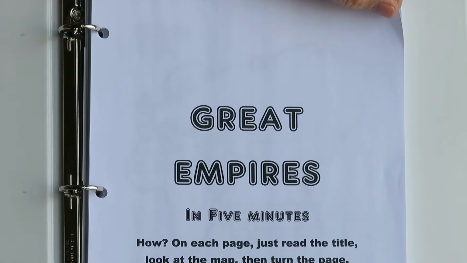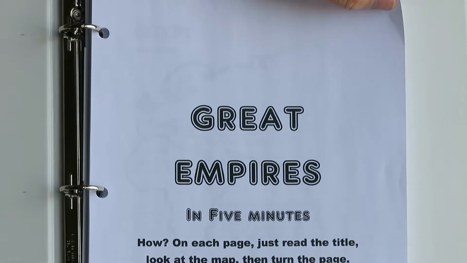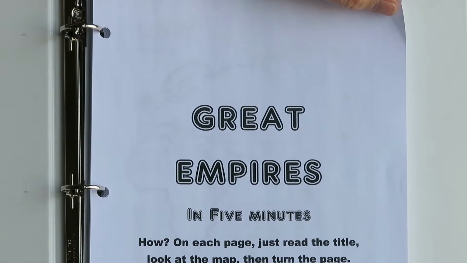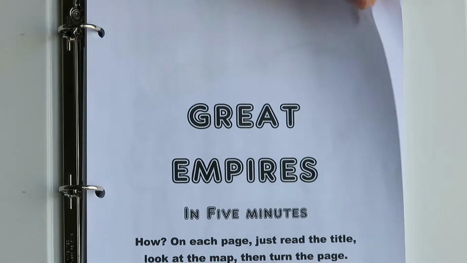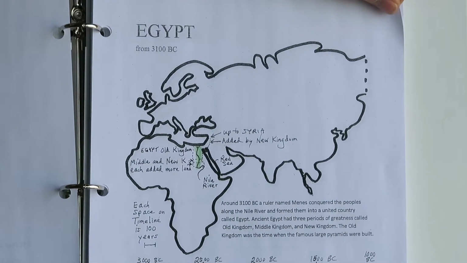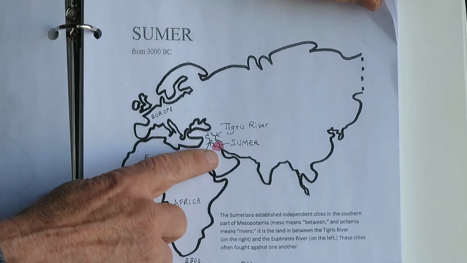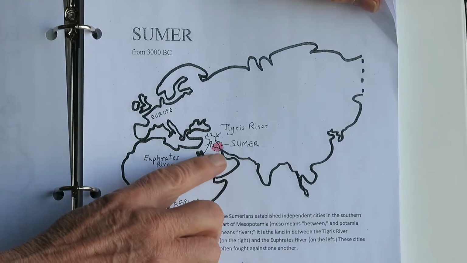Great empires in 5 minutes. By flipping rapidly through these 30 pages, you will see the entire history of the world in one quick experience, starting with Egypt here in 3100 BC, and then going right over to Mesopotamia, today's Iraq, where we have the